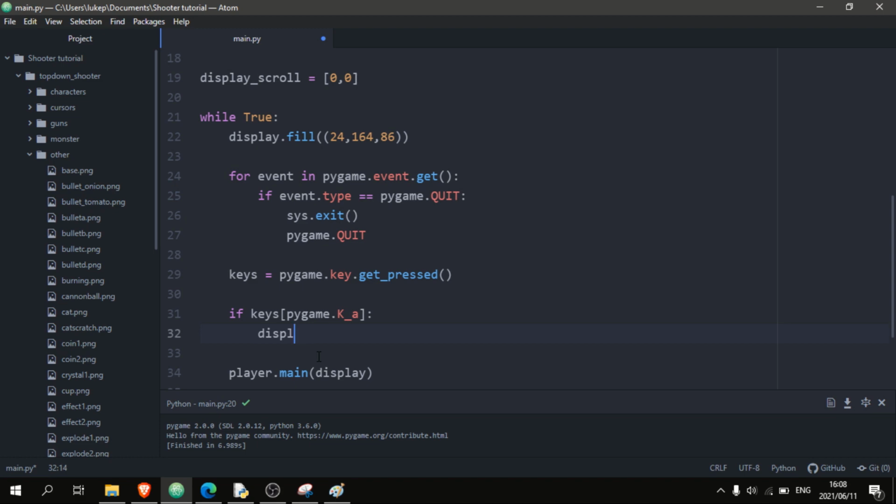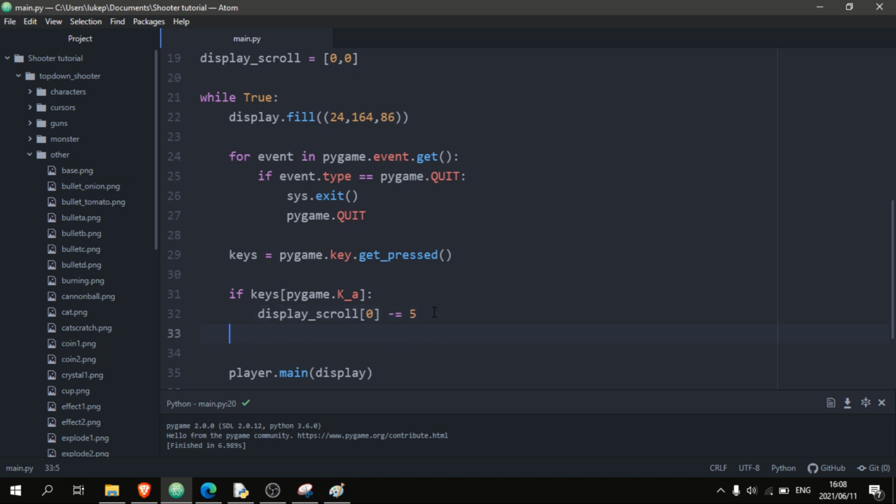And what we can say is display_scroll index 0 minus equals 5. So that's going to be our speed at which everything around us is moving. And since this is an A key and A is on the x-axis, we're going to be affecting the 0th index of this. Now we're going to come here and we're going to copy this code